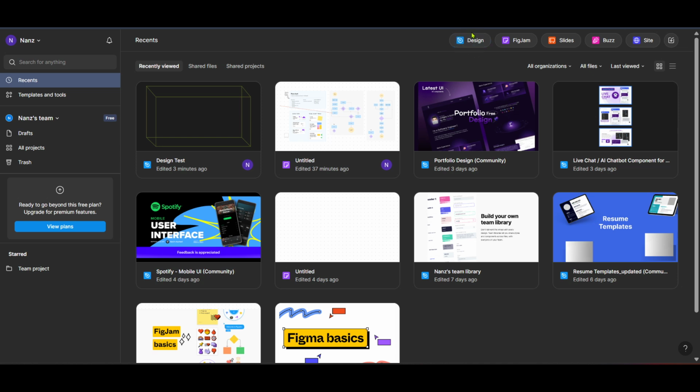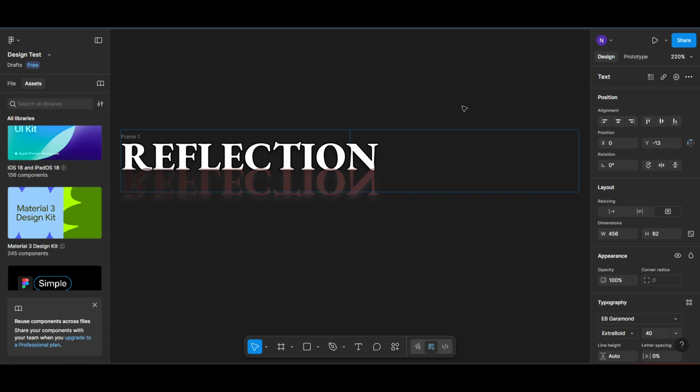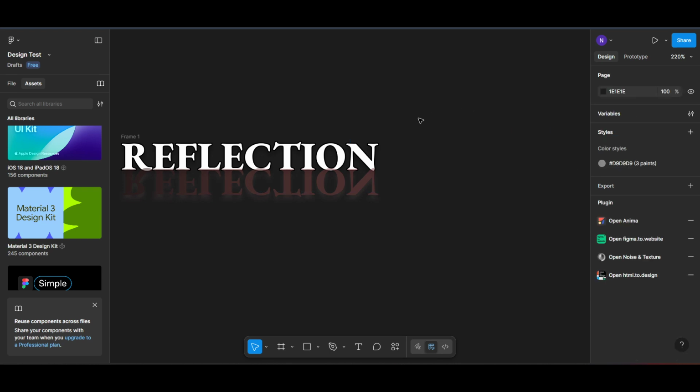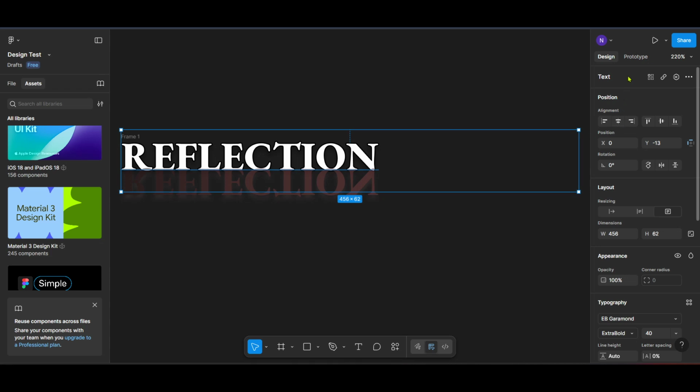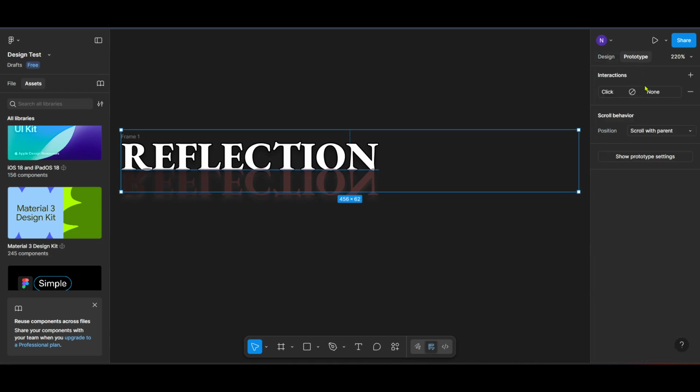After entering the design phase, the next step is to select the element you want to transform into an interactive component. This component will later serve as your overlay. To select your element, simply click on it. Following this, you need to right-click on your chosen element and select Create Component from the drop-down menu. By doing so, Figma wraps these objects into a reusable component, making it easier to manage across different frames and